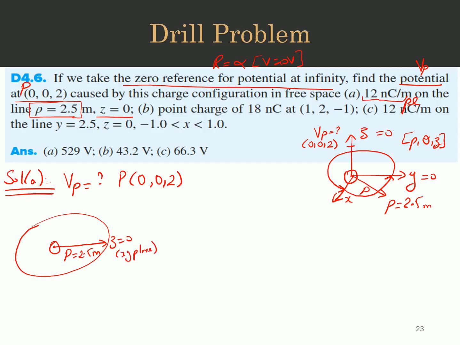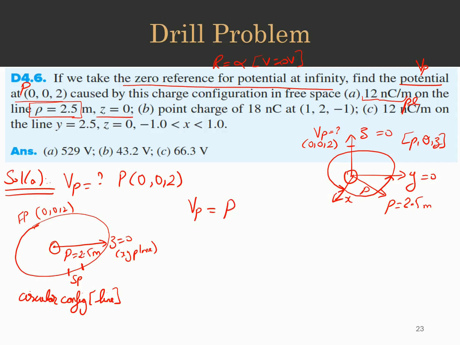Okay, and the point of interest is, let's say, at 0, 0, 2, this is, let's say, the focal point or the point where we want to find the potential, and the source might be somewhere over here. So this is a circular configuration for the line. So what we want to find is the potential for this circular configuration, so we will just go with the formula because we didn't go into detail about what happens when the line is extracted from a circular configuration. So for the time being, just to understand this, you can use this equation